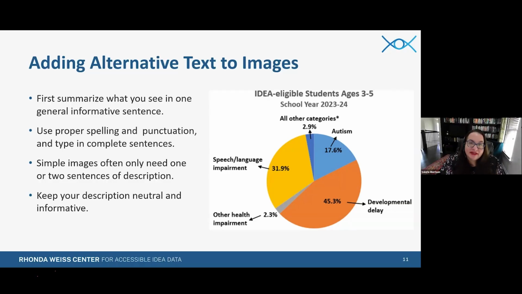But if you are just incorporating brief alt text for a simple image like this one, first you're going to summarize what you see in one general informative sentence. So I like to name what type of image it is, so pie chart or pie graph, and then name whatever title, or if there is no title, say what it's representing, right? So here I would say a pie chart titled IDEA eligible students ages 3 through 5 for the 2023 to 2024 school year. And then using proper spelling, punctuation, and grammar, typing in complete sentences, adding a period at the end of your sentence,